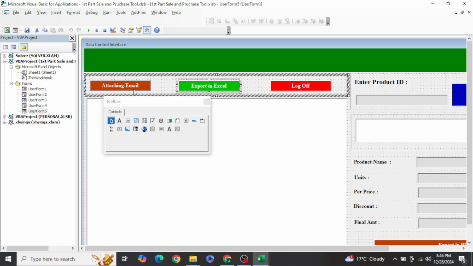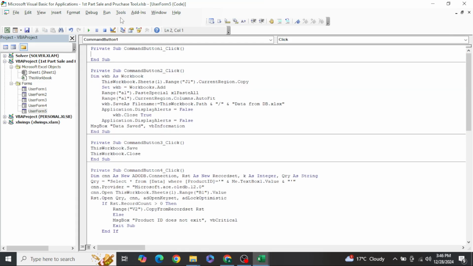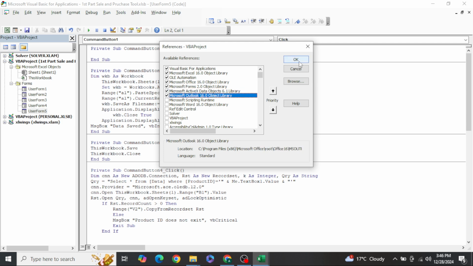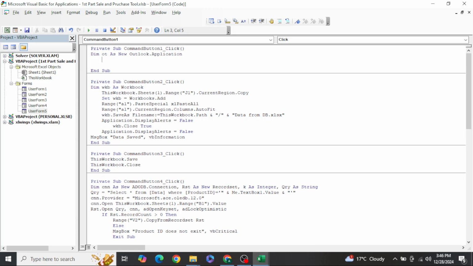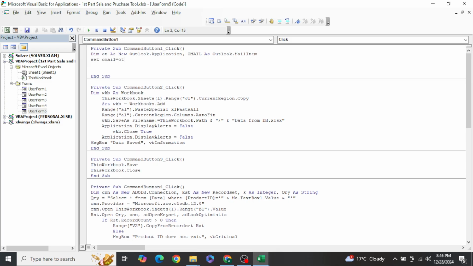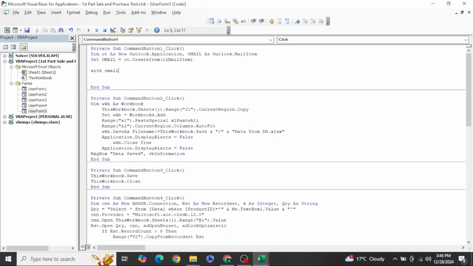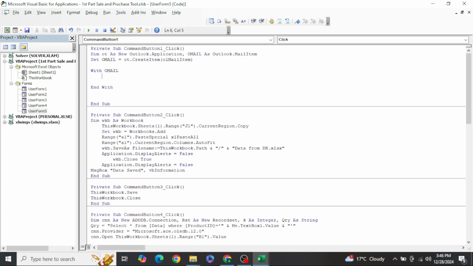Now attaching email. For attaching email, you will have to enable one more external library, which is Microsoft Outlook 6.0. Enable it first. Now write the code: Dim ot As New Outlook.Application, and oml As Outlook.MailItem. Simple. Set oml = ot.CreateItem(olMailItem). With oml, with .To, whomsoever you would like to keep. For example, I don't want to keep anything. I simply use .Attachments.Add, and the